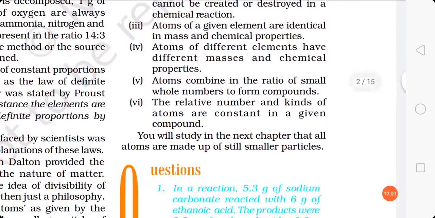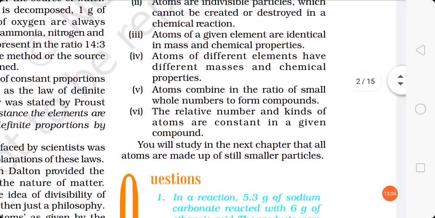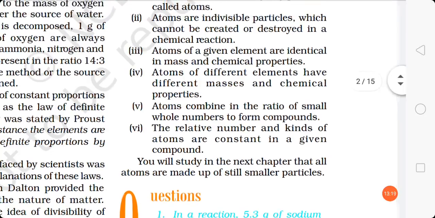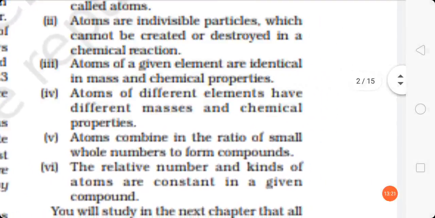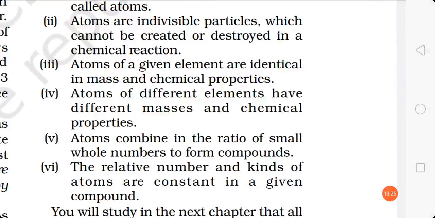Atoms of given elements, they are identical in mass and chemical property. And second point says that atoms of different elements have different masses and chemical properties. At first glance, this point would seem difficult or similar to you, students, but both of the points are very important. You just see this clearly, that atoms of given element, they are identical in mass and